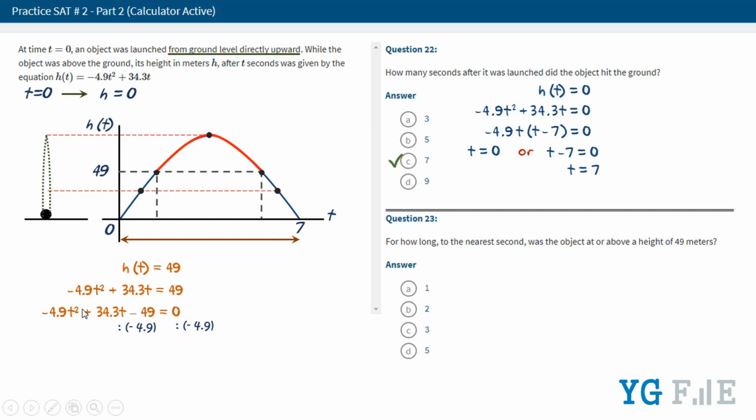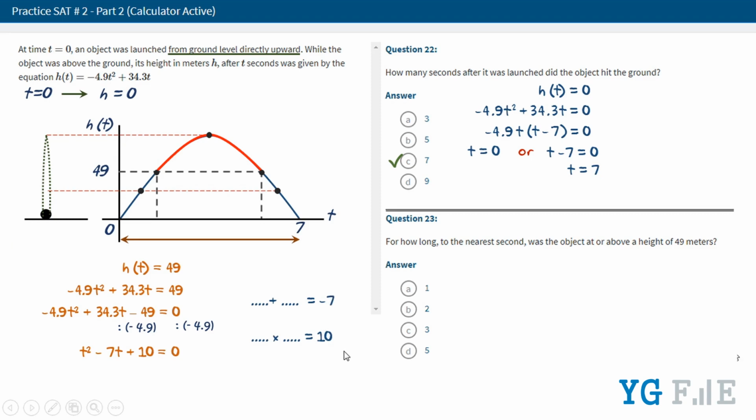If we divide both sides by negative 4.9, we get this equation. To solve this quadratic equation, we need to find two values whose sum is minus 7 and whose product is 10. Since the sum is a negative value and the product is a positive value,